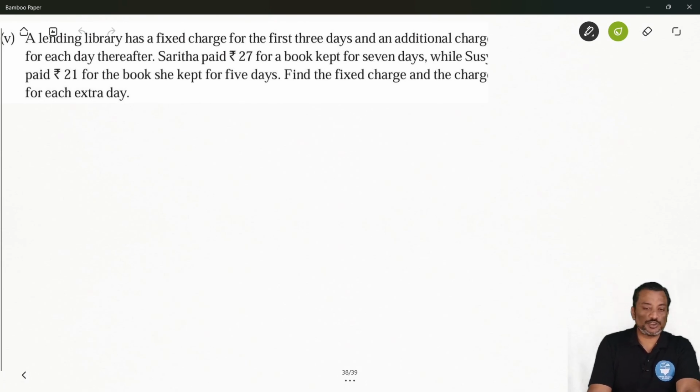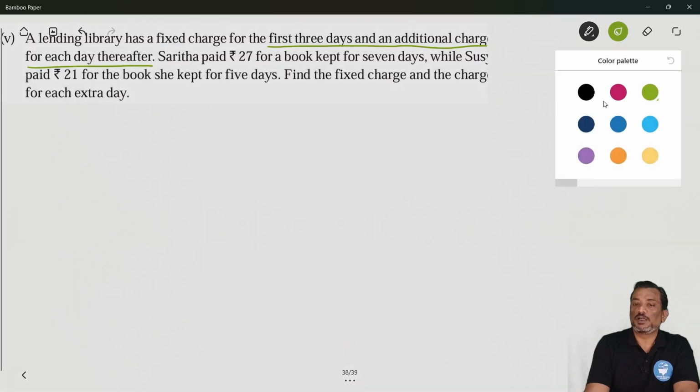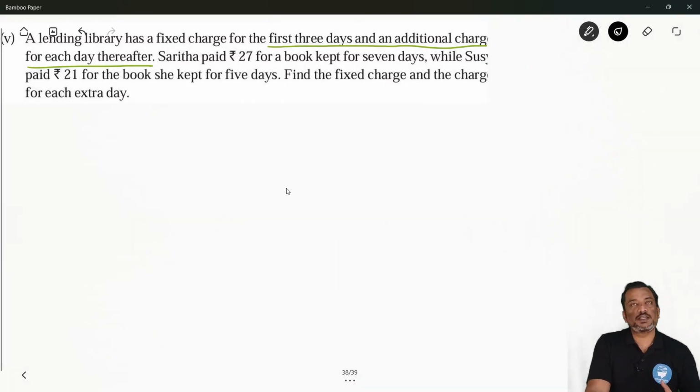अब आते हैं लास्ट क्वेश्चन ऑफ दिस एक्सरसाइज। बोला है a lending library has a fixed charge for first 3 days and additional charge for each day thereafter। मतलब अगर हमने कोई बुक लिया तो फर्स्ट 3 डेज की चार्ज फिक्स है, उसके बाद एडिशनल चार्जेस फॉर ईच डे। Sarita paid 27 rupees for a book kept for 7 days। ठीक है, and while Susie paid 21 rupees for a book kept for 5 days।